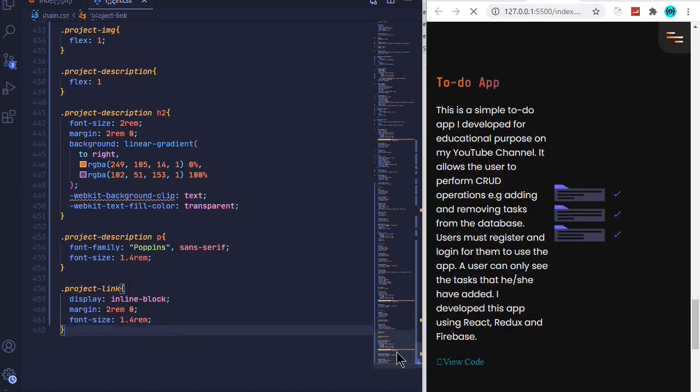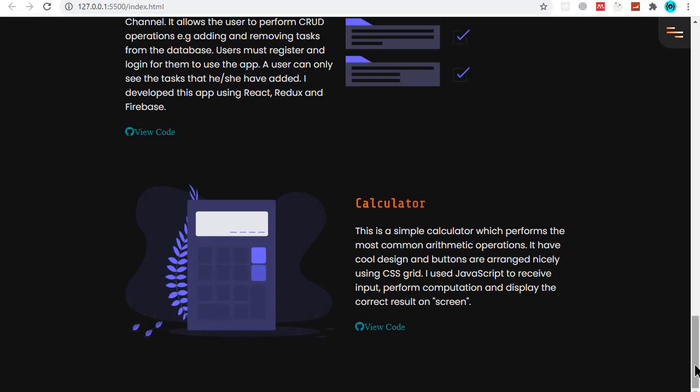So that's it for the styling, and if I preview this on the desktop mode, you can see that it's